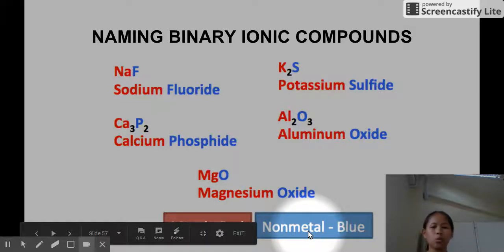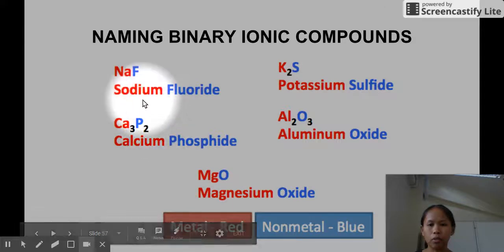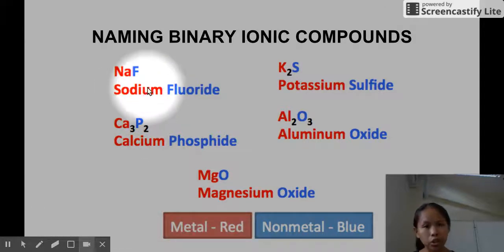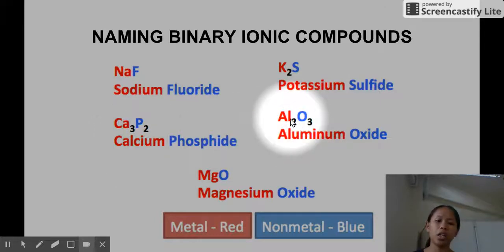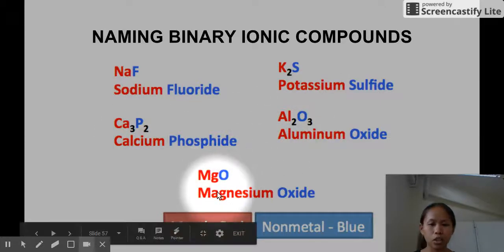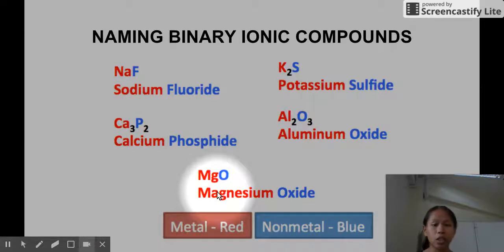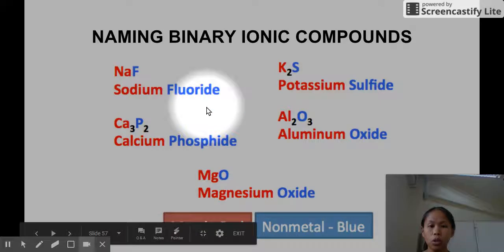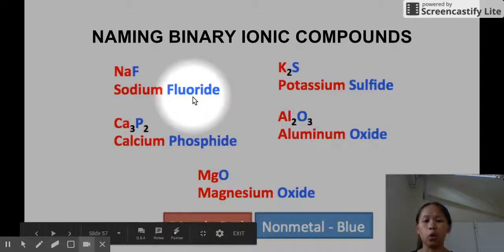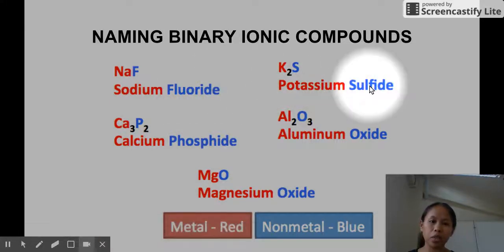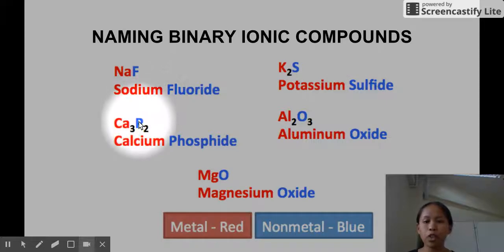And what do you notice with the red first? The metal. For sodium, it's just sodium. For K, it's just potassium. For Ca, it's just calcium. For Al, it's just aluminum. Mg is just magnesium. That means the metal's name doesn't really change. You just retain whatever metal you're dealing with. Nothing changes. However, if you look at the non-metal, the blue, fluorine becomes fluoride, sulfur becomes sulfide, phosphorus